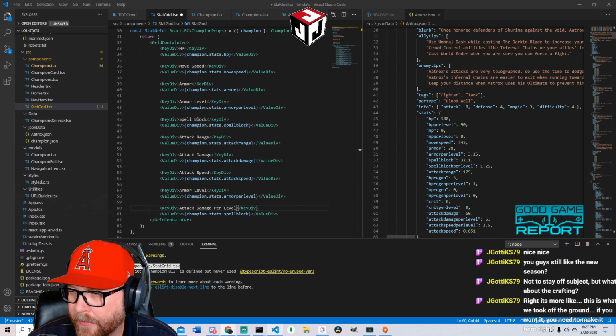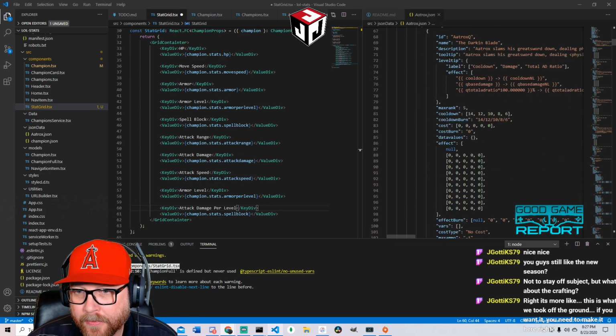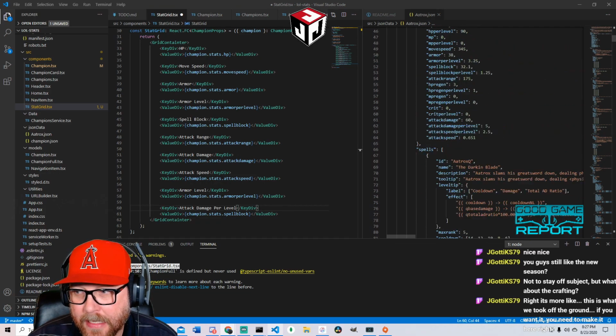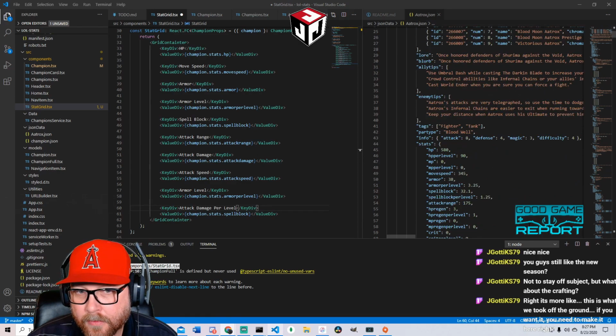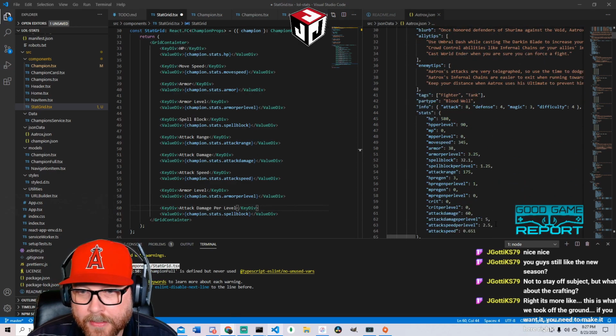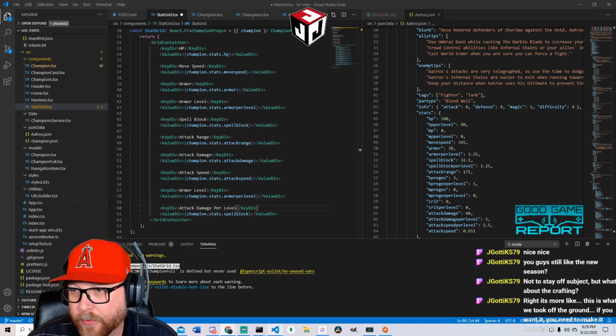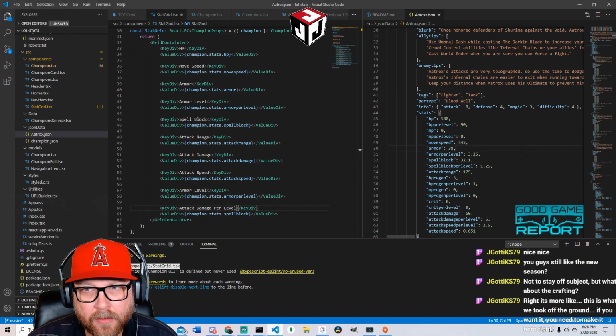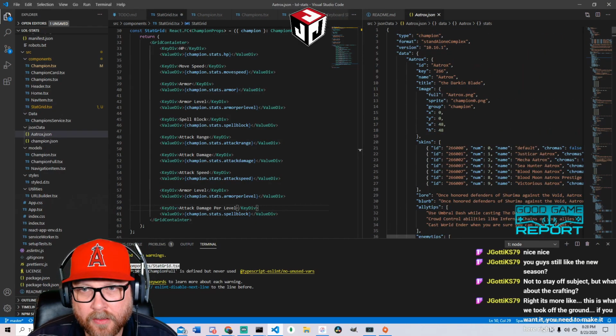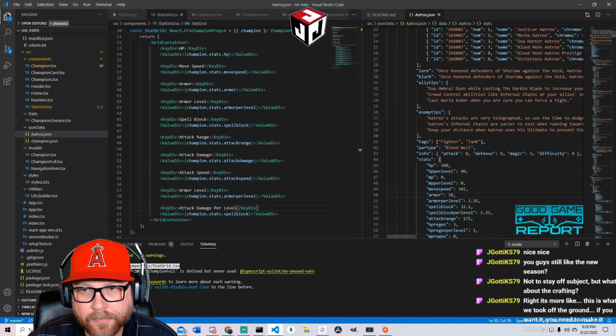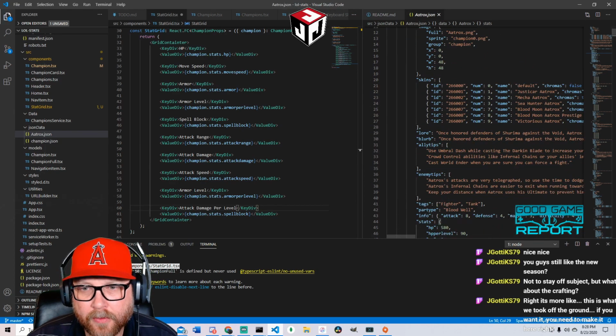And then they have attack wind up. They don't even have that as a stat. Okay, this attack damage per level 2.5. They don't even show that anywhere on this. Okay, so they do have health regen 3 to 20. Why is it 3 to 20?